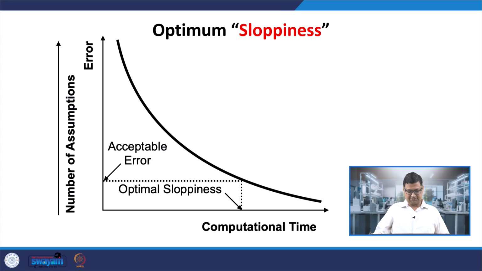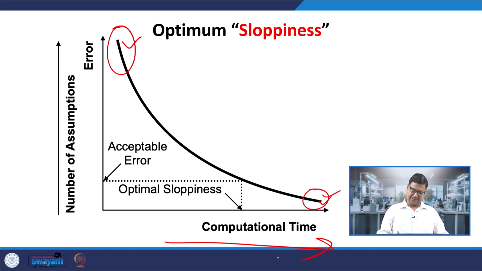So here comes this idea of optimum sloppiness. What I am trying to indicate is it is fine to be sloppy. We know that our cow is not the same as the actual real cow, or our model is not the same as the experimental system, not exactly the same, right? It is fine to be sloppy, but if I am more sloppy, I am going to make more error. If I am less sloppy, I am going to make less error. But when going from here to there,